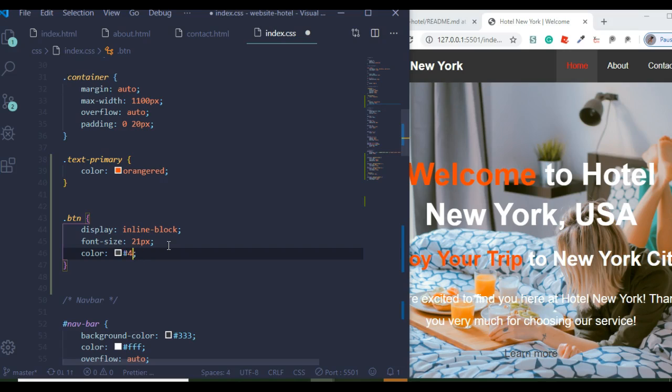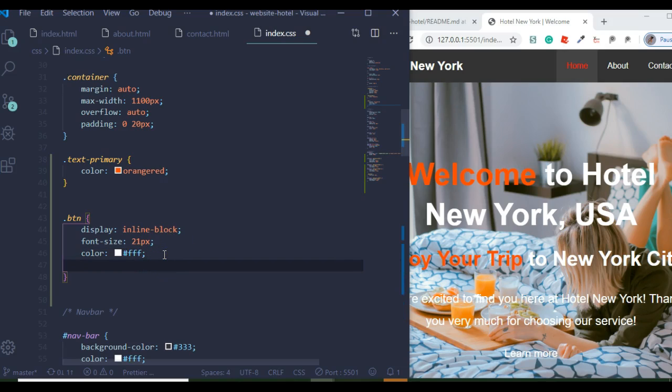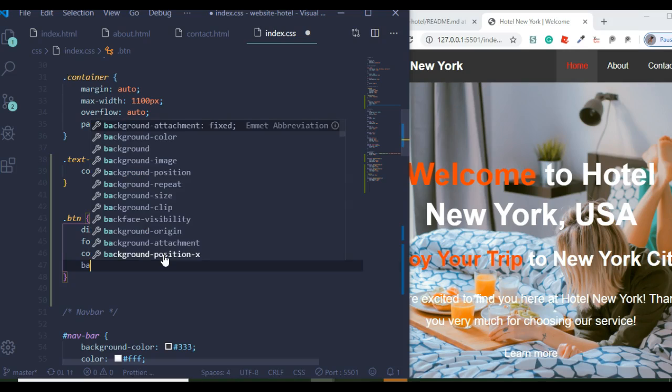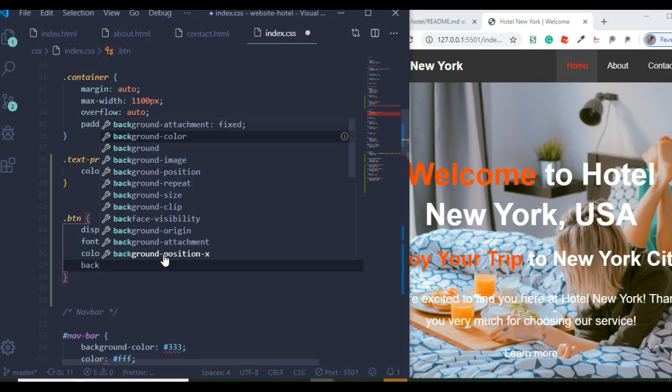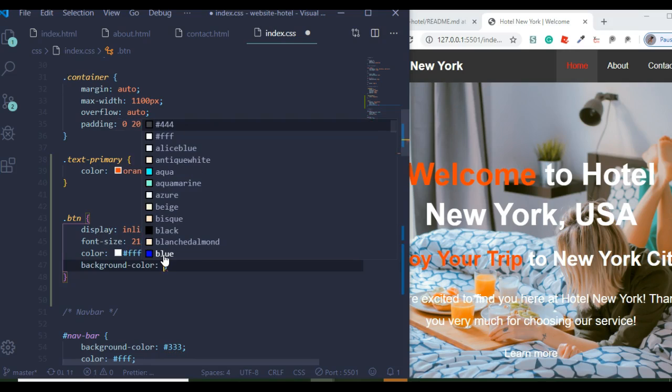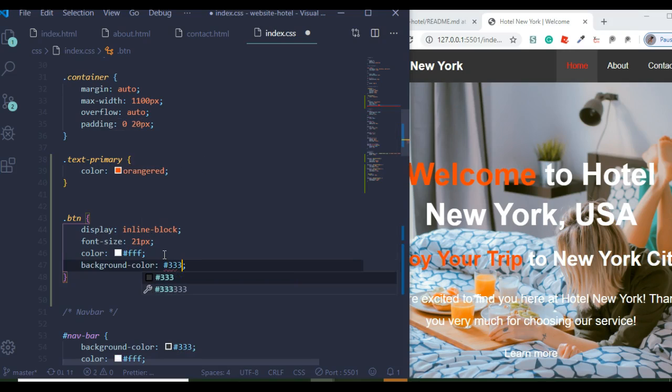Not bad, but I want to try with FFF. White, okay, no problem. We can work on it. Then background color should be 333. Okay, and